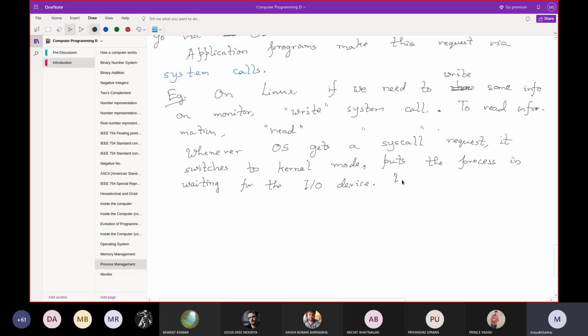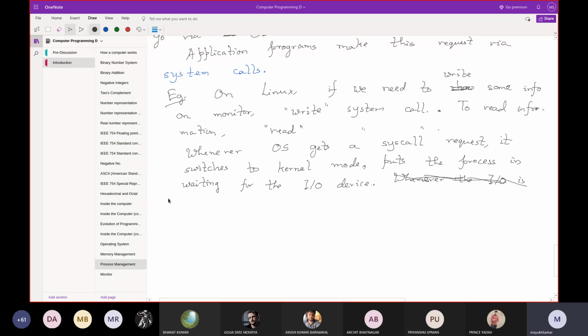Whenever the IO is done, now see, after putting it on the IO device, it depends upon the particular IO device. For example, if there is a keyboard, the process will stay in the waiting mode, right? And the OS will go back to user mode and continue as it was, right?